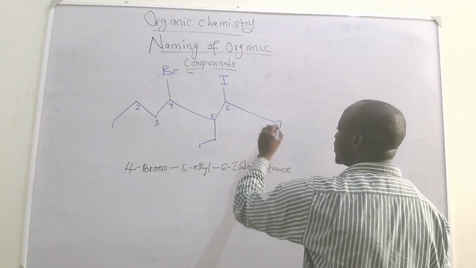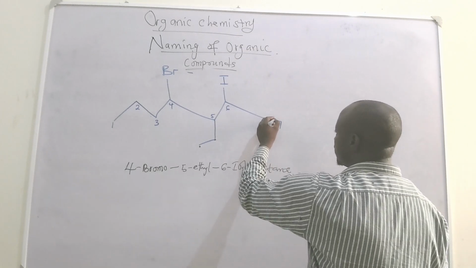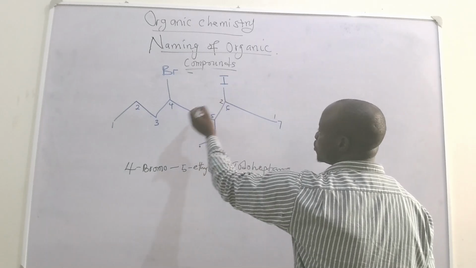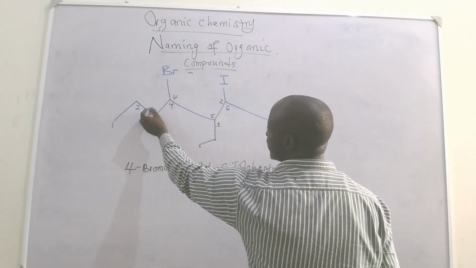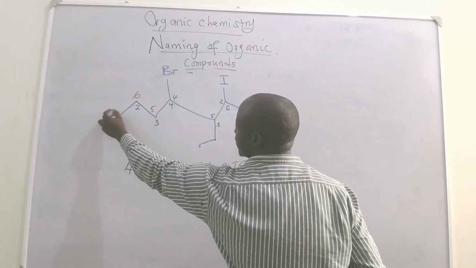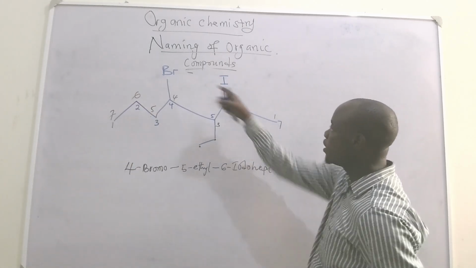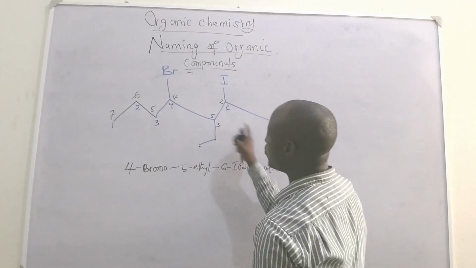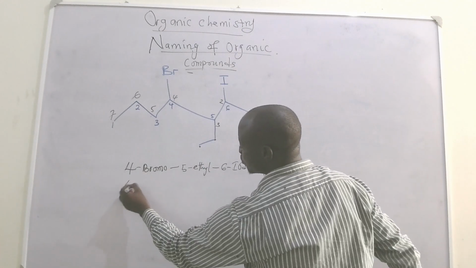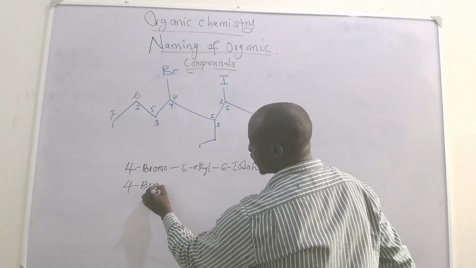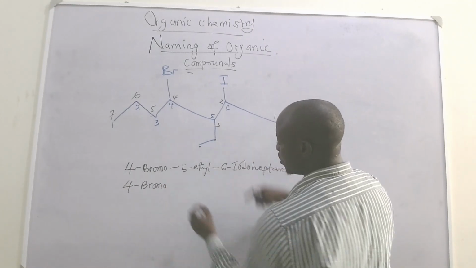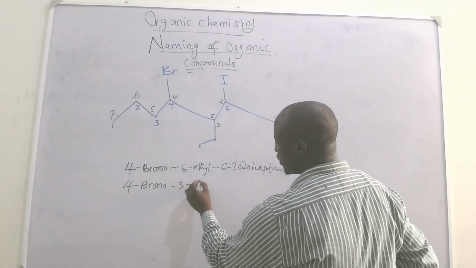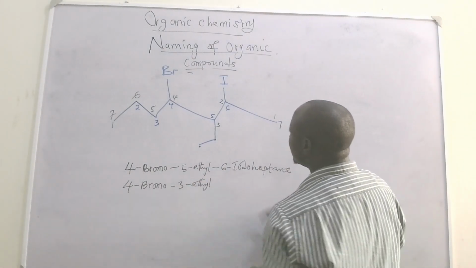Or you can decide to start the numbering from here. Let's say 1, 2, 3, 4, 5, 6, 7. If you follow this numbering, then the bromo is at carbon 4, so we have 4 bromo. And then at carbon 3, we have 3 ethyl. And then we have